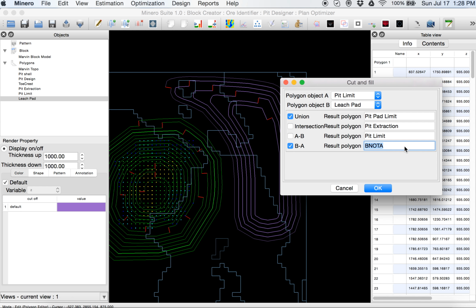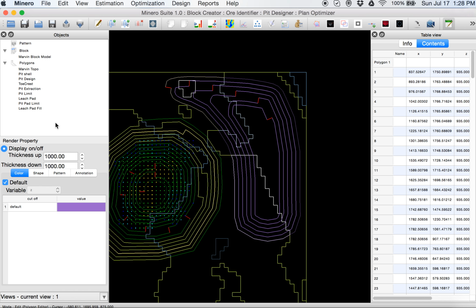We can call that leach pad fill, something like that.